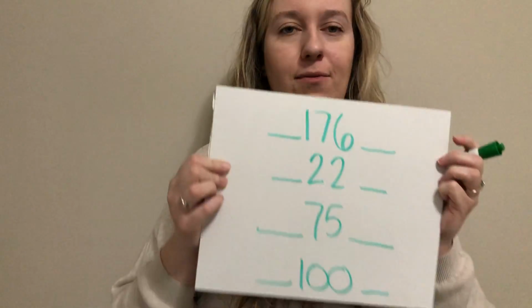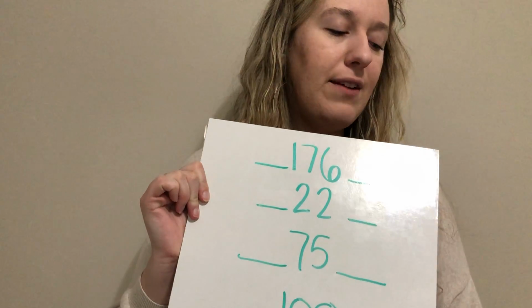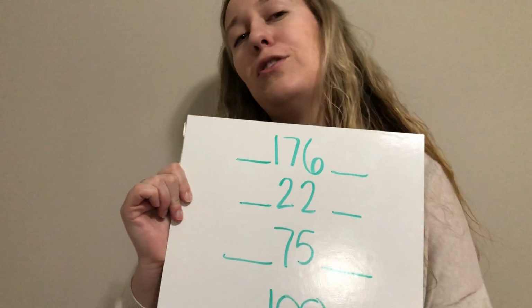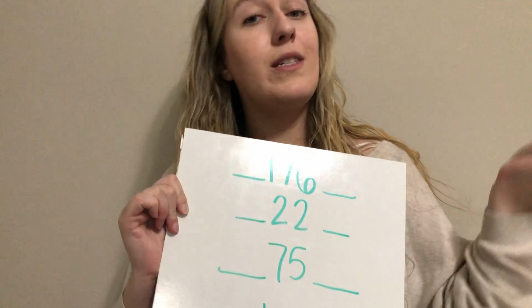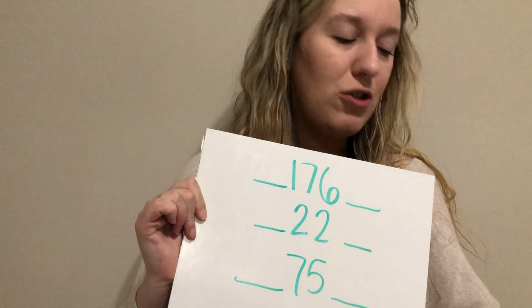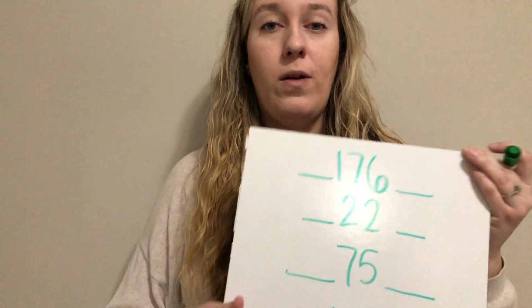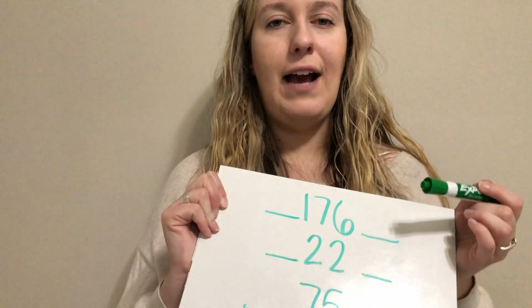Now I have written these numbers on this board and we are going to see if we can say the before and after numbers. But here's the trick. We're not just going to do them by ones. We're going to do them by ones, twos, fives, and then we're going to even try by tens. So first, we're going to try by ones. Let's see if we can name the before and after numbers for